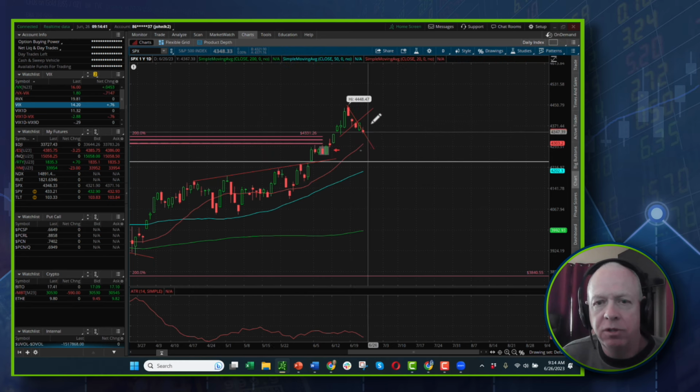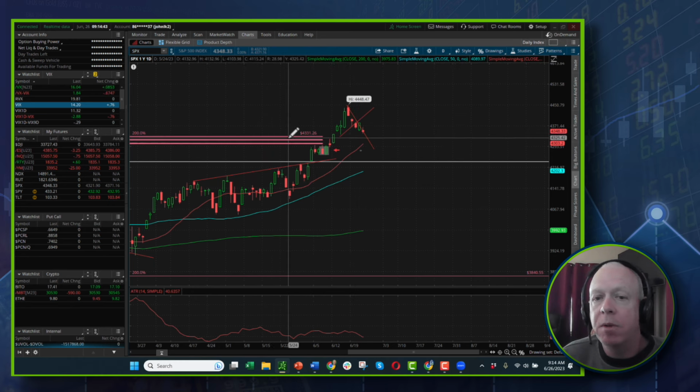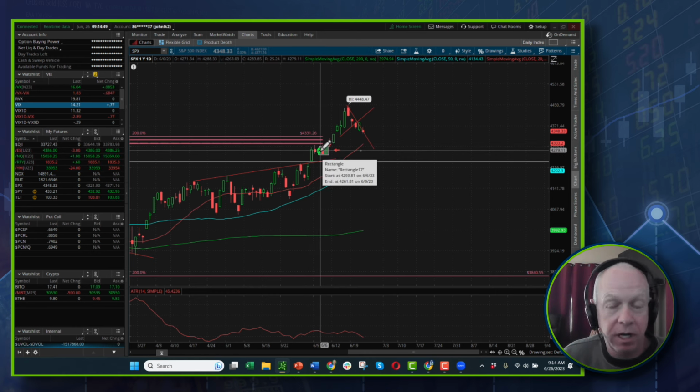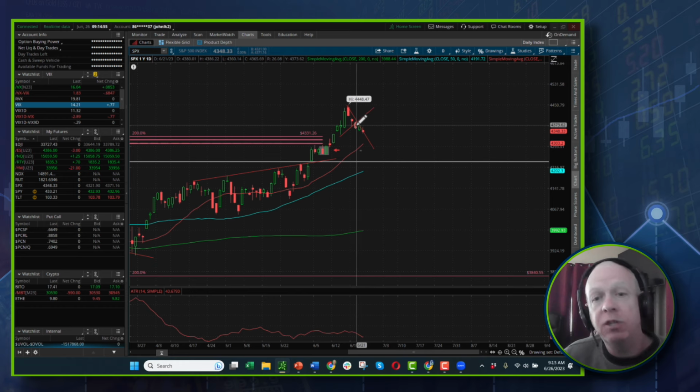SPX, these are the monitors that we're watching, but our most likely and most probable move on the SPX is that it's coming down into here around 42.80. That's what I have for a target. I'm going to watch this to see if things change, but we had that head and shoulders price pattern target.